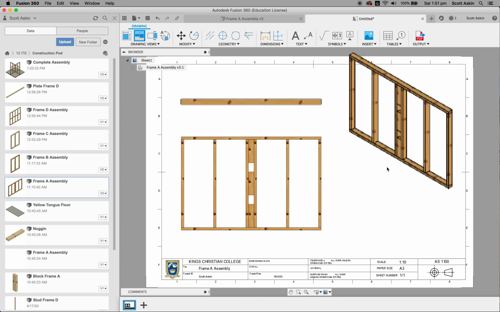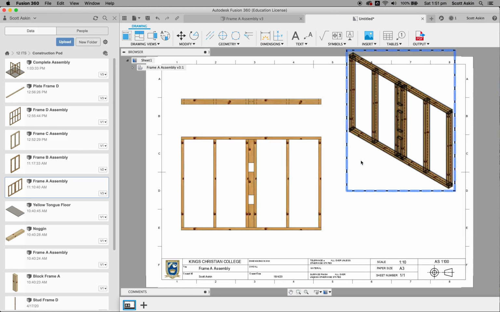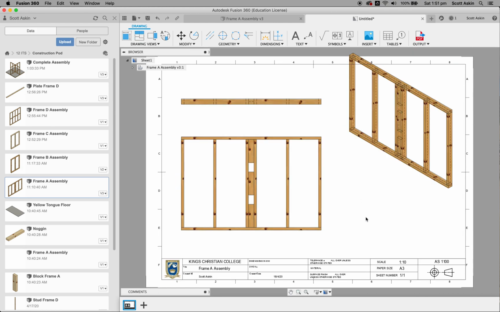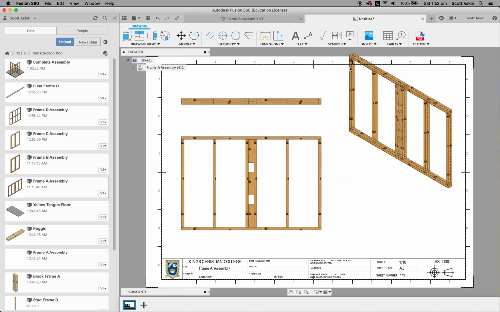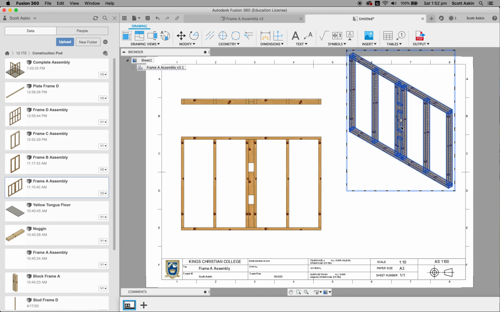Well, I don't think we're going to have enough room to have another side view in here. So to get out of this projection view mode, I want you to now hit the escape button on your keypad, and it takes us out of that mode of inserting different views. All right, so the front view and the top view look like they're in a good position, but this three-dimensional view has two things that I think are a bit confusing. It has hidden detail lines all over it, which makes it very difficult to understand, and it's also not on the page correctly. So what I'm going to do is select that drawing by clicking onto it